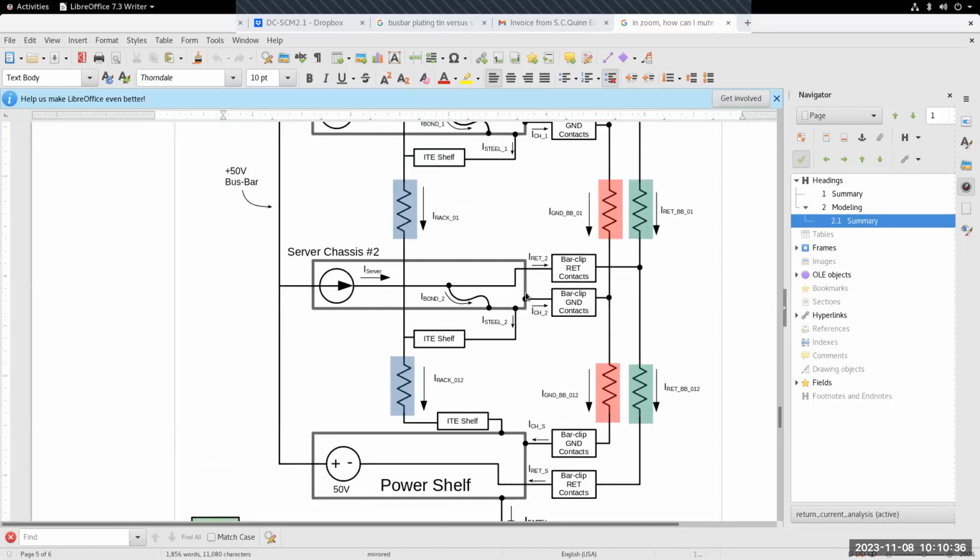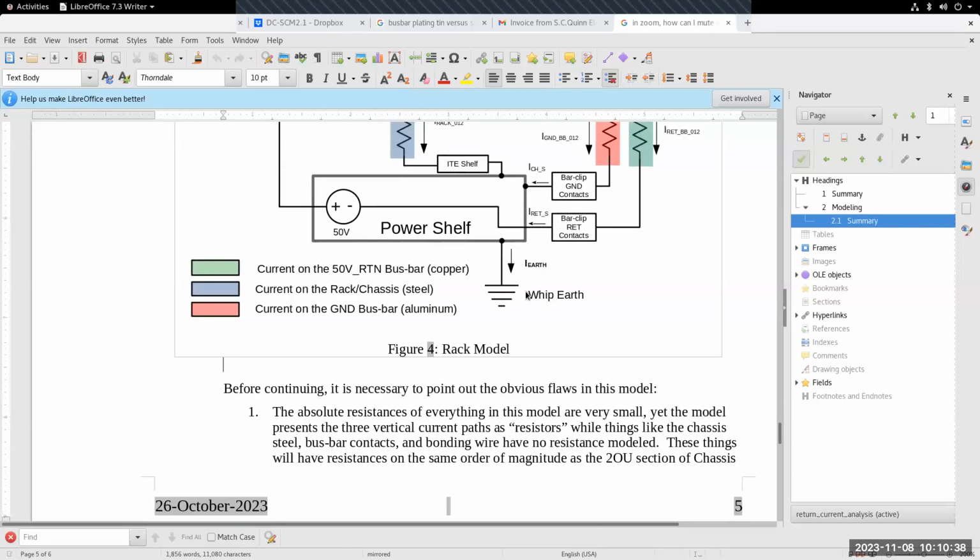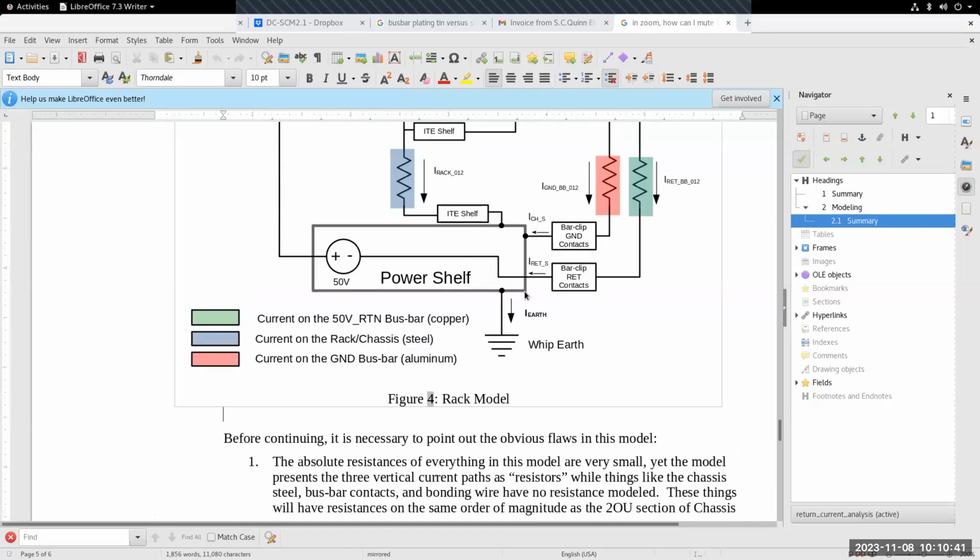No, the earth ground is connected to the power shelf, and through the bus bar on the back, every chassis connects to it. No, so that bottom location, the bar clip return connection, should be the earth ground connection. That's the earth ground. Okay, so that one's connected to the chassis, correct? Yeah, it's bonded to the chassis right here. All right. I'm not sure, and I understand why you think it's not returning through the power shelf if that chassis is connected there.